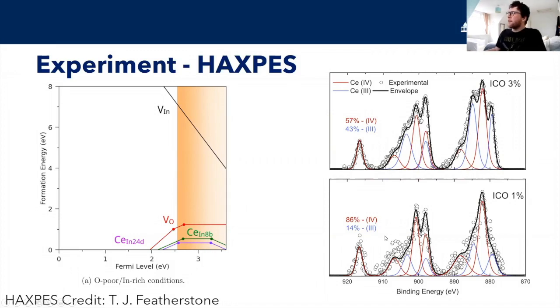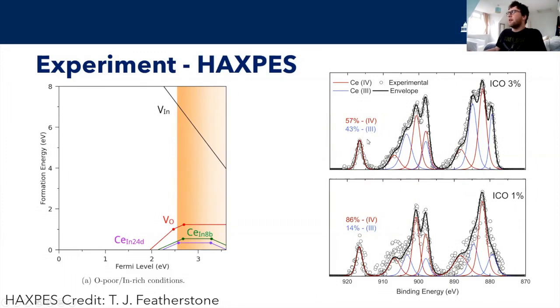So if we look at the low one first, we have an 86% contribution of states in cerium oxidation state 4, which are these red peaks here, and a 14% contribution from states in cerium oxidation state 3. As we then move to the higher Fermi level, so further along the x-axis here, which corresponds to the more heavily doped system, we now see that we have only a 57% contribution from cerium 4 and a 43% contribution